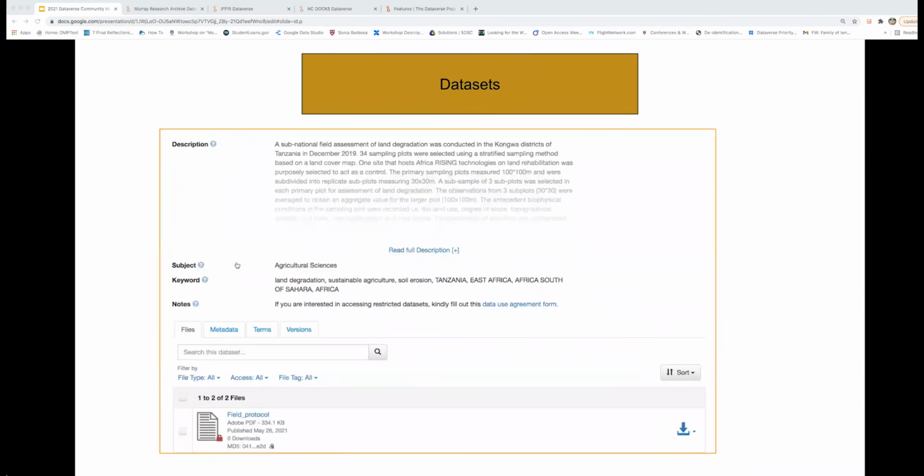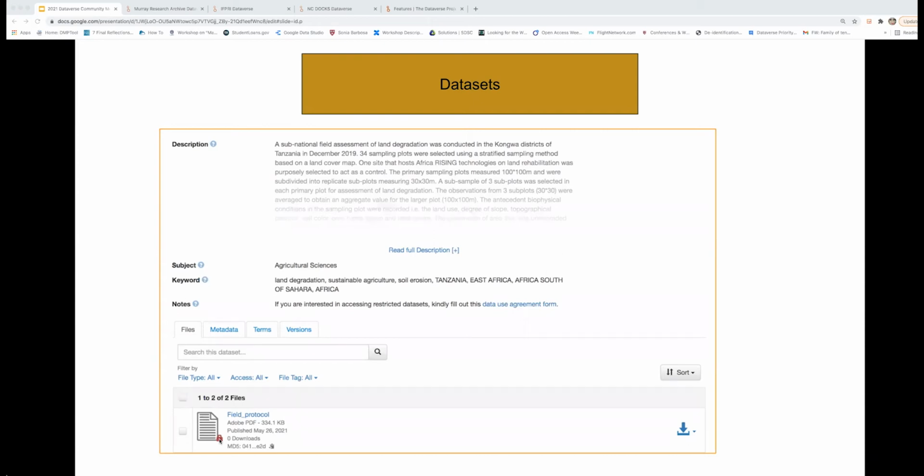So every data set along with that citation that you saw at the top includes metadata, a required subject field, as well as you can see at the bottom here, there are files, metadata, terms, and versioning. In this case, you can see a red lock next to the file name, which indicates this file is restricted for access and thus to meet FAIR guidelines on reusability. The terms page of this data set must have information on how this data set can be accessed by users, especially if they're not using the feature that we provide called